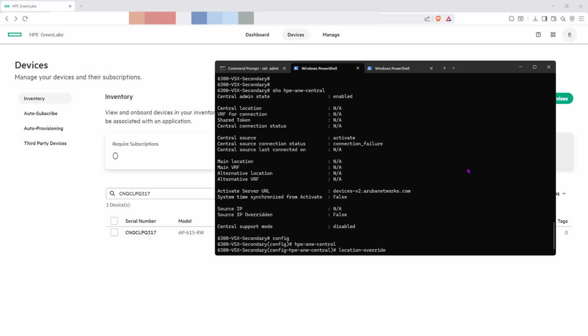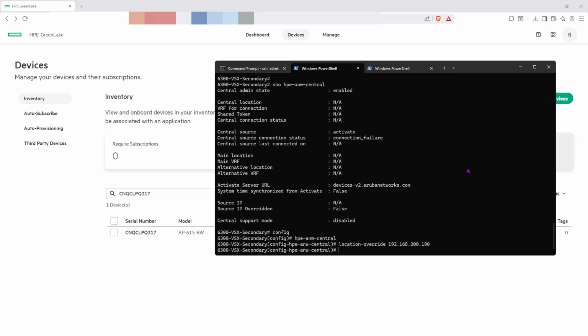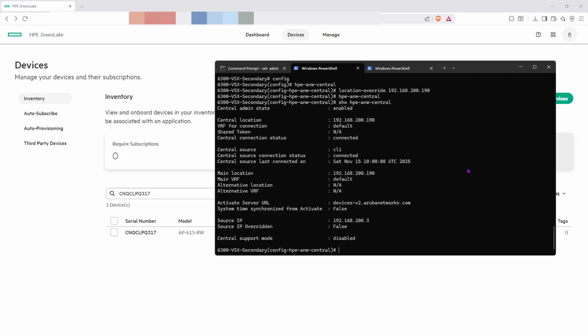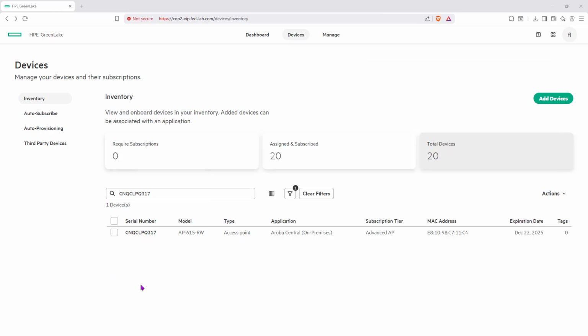The location override is the IP address of our Central On-Prem, which is 192.168 in this example, .200, and that's .190. I issue the command again. Show Aruba Central. There we go. It's connected and it's on in Aruba Central. So if I go back,